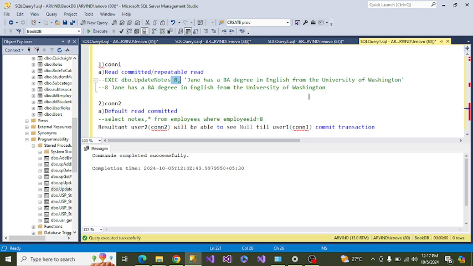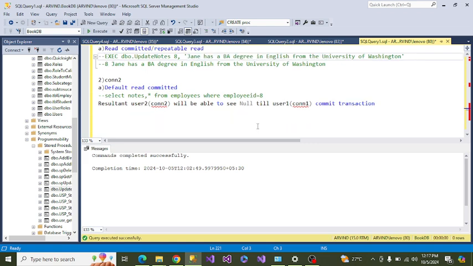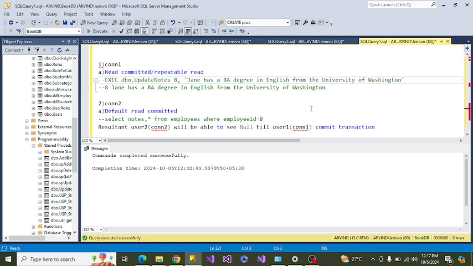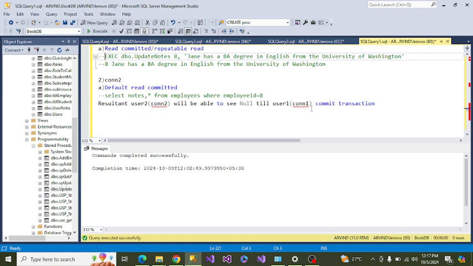If another user reads the data within those 20 seconds, they will see null until user one commits the transaction. After 20 seconds, it will show the notes I inserted.